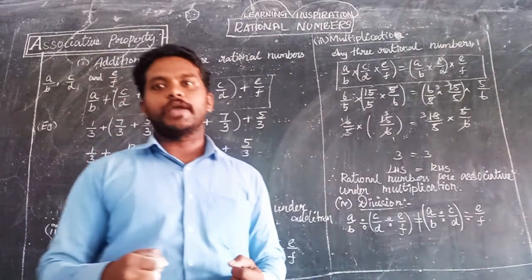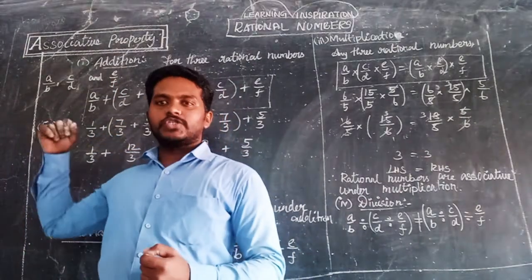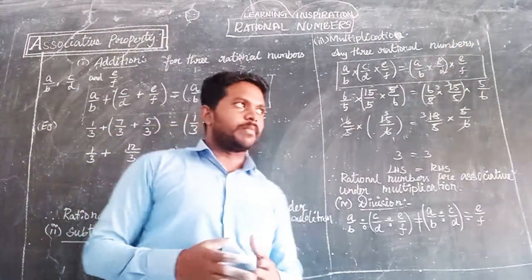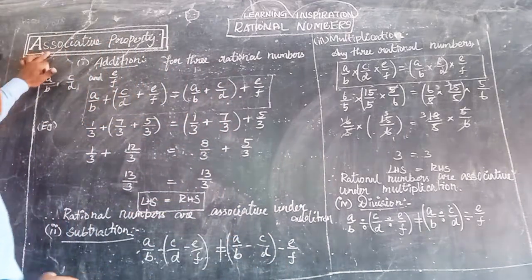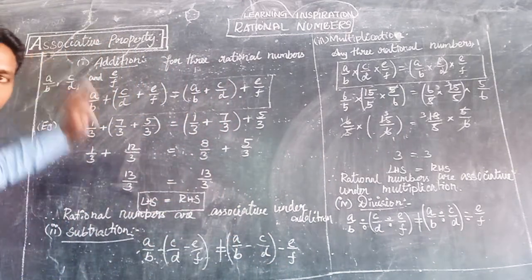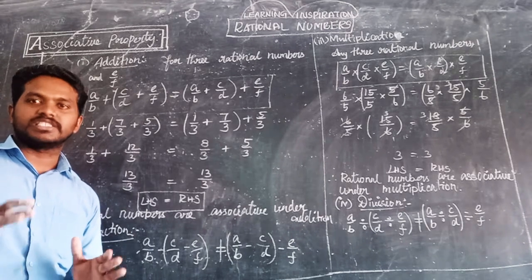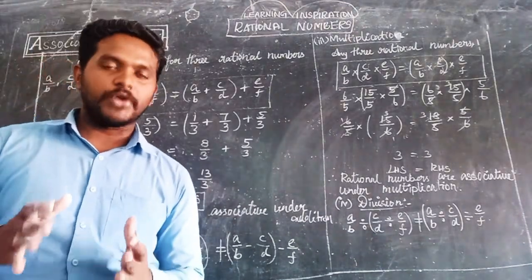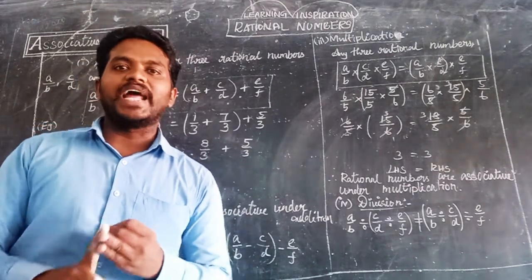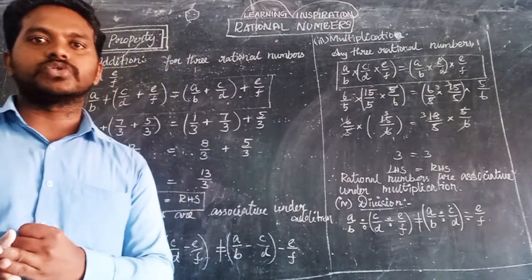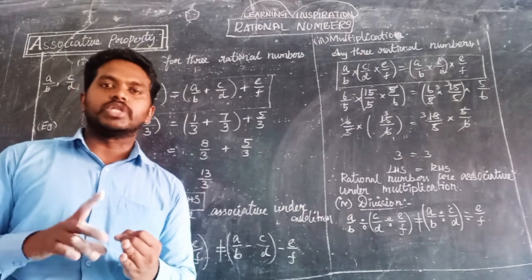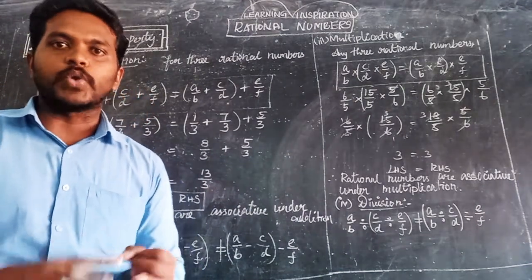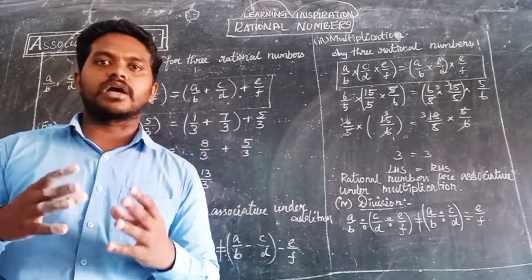So next topic நம்ம பார்க்கலாம், associative property. So previous property லாம் பார்த்தோம். So commutative property, next associative property. So associative property is nothing but it is the same like that in a commutative property. What we have seen in commutative property is that we can add two numbers in any order. So such numbers are rational numbers, so the two numbers also be rational, so the answer also be rational. That is a commutative property.